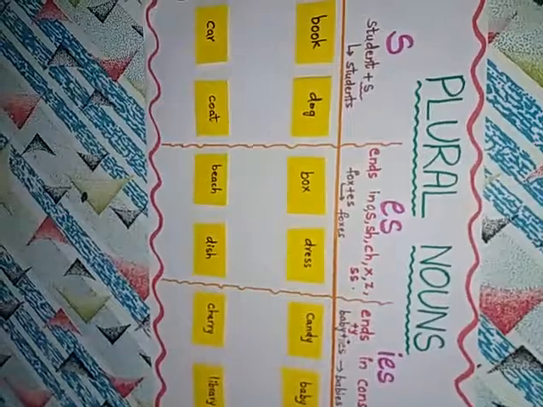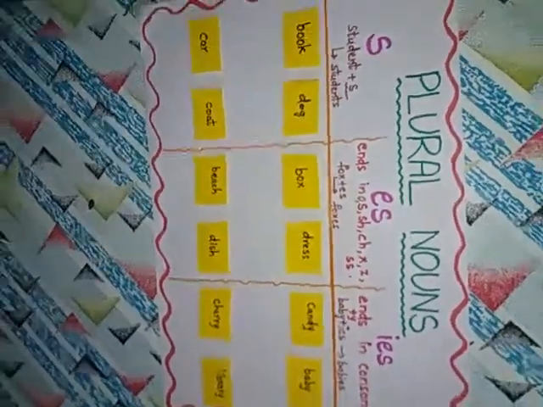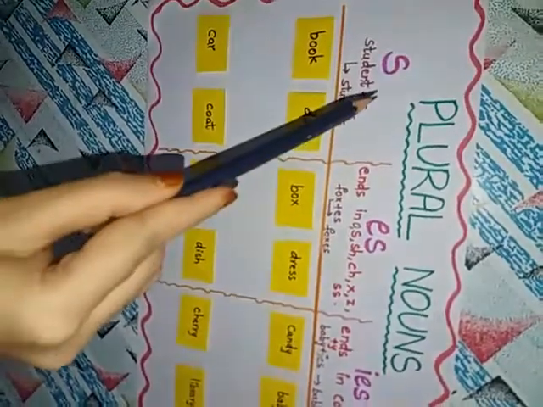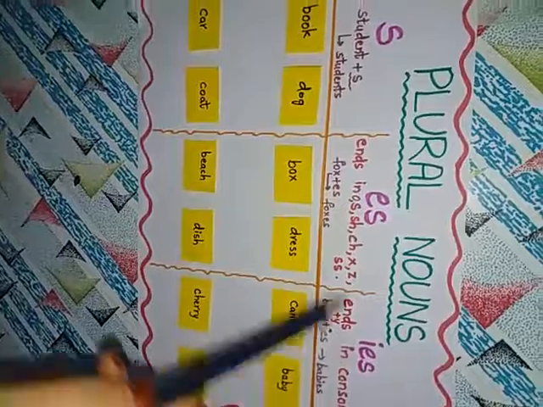Very good. Next. For some nouns which end with y, we write the plural by changing y to ies. The word which ends with y, we have to add ies. Story, stories. Okay, did you understand? Now, I will be showing you one plural nouns chart. So, understand it carefully. Okay children, as you can see here plural nouns chart. Here are some rules as I have explained you before, that is s, es and ies.